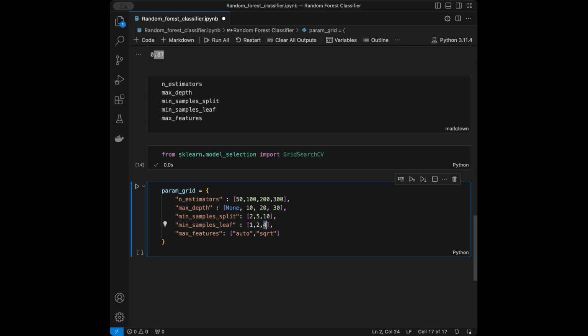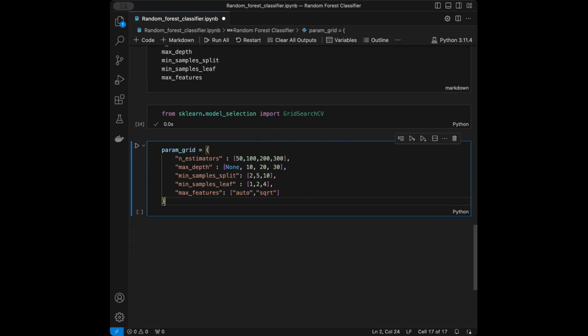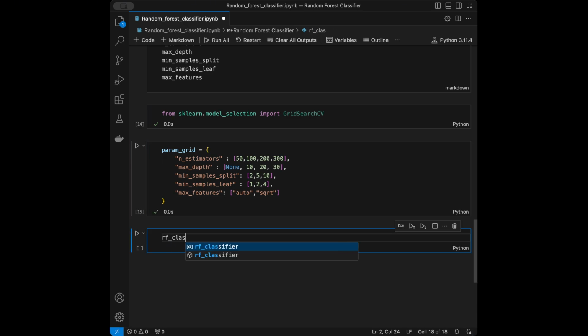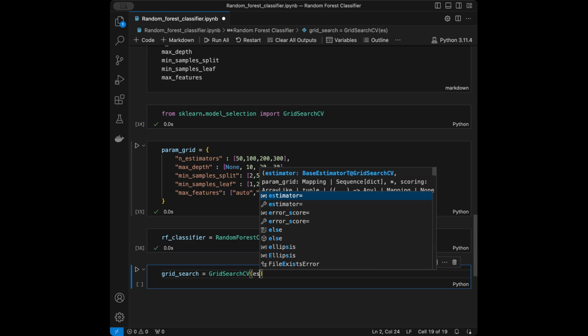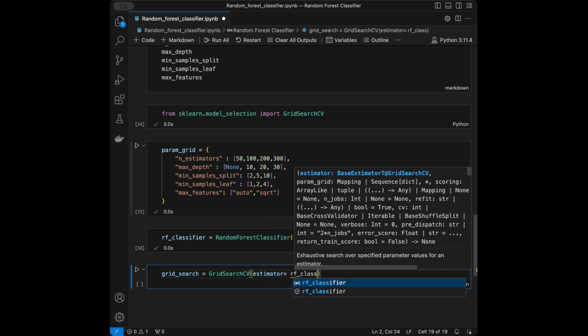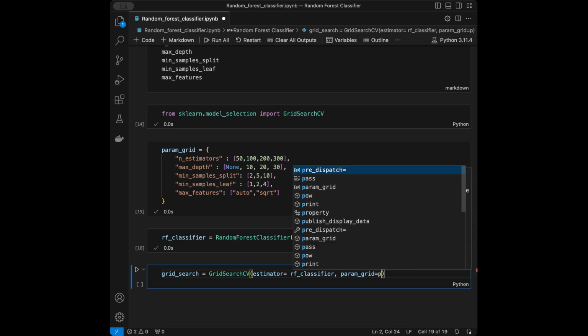You can extend this list in the fourth way, like you can add 5, 3, 6, 7 and try to find a better model. So I'm going to set this dictionary, and then I will say random forest classifier is going to be, again, I'm going to initialize it like this, and now I will set the grid search. Grid search cross validation estimator is going to be random forest classifier, and parameter grid is going to be the parameter grid we have, and I'm going to set the cross validation